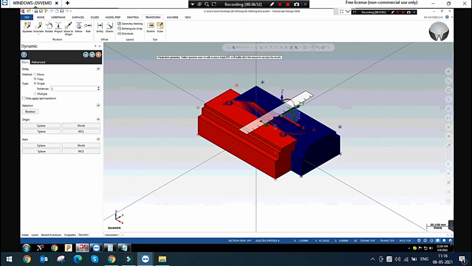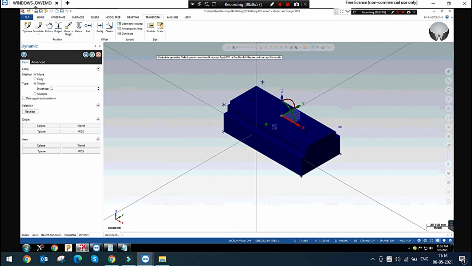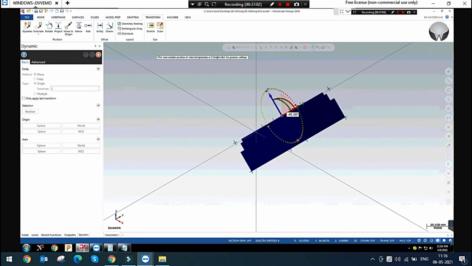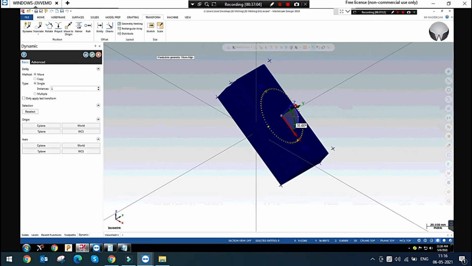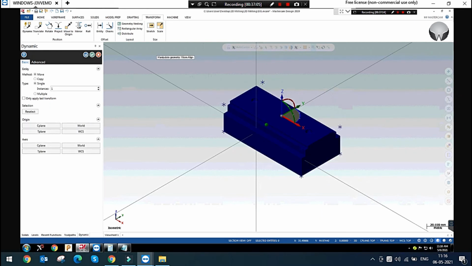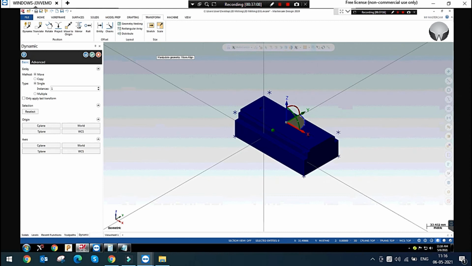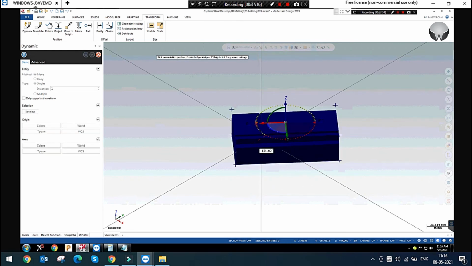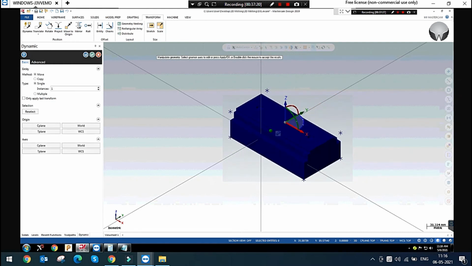Okay, so you can simply rotate about y-axis. This is the rotate about y-axis option, and you can simply rotate about z-axis. Yeah, you can see this is rotate about z-axis and this is rotate about x-axis.